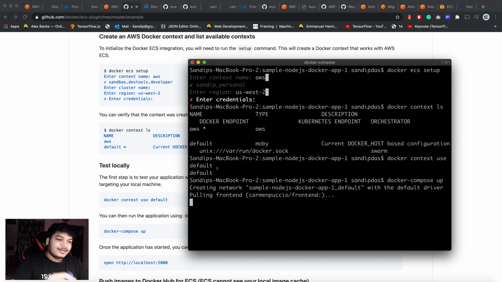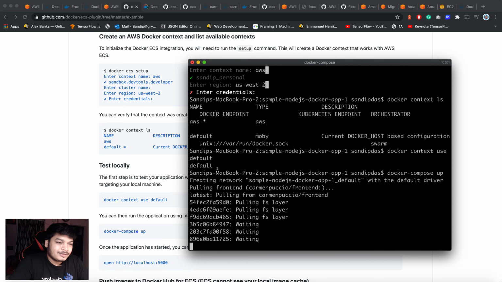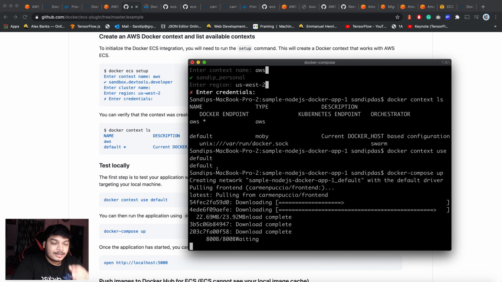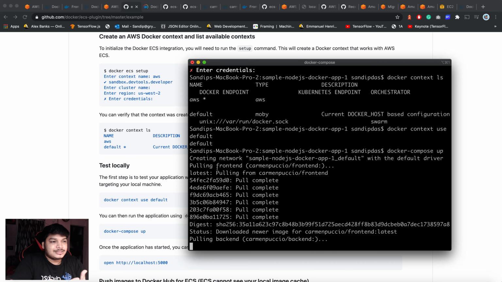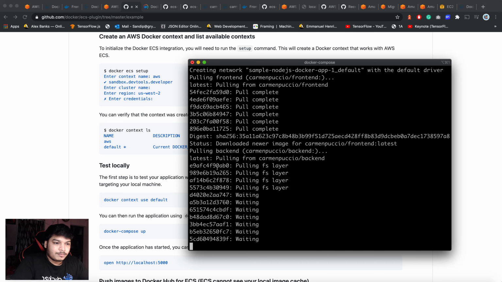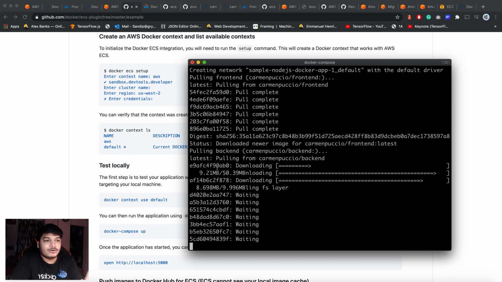Okay, now if you run this docker compose up, it will pull the image locally, and it will run that. So it will take some time. In the meantime, see, this is just to pull the image that is available in Docker Hub. It can be Docker Hub, it can be an ECR repository. It's up to you. Ultimately, if you are using ECR, then give the ECR URL here in that Docker Compose image part. If you are using Docker Hub, then give the Docker Hub URL. That's all you have to do.